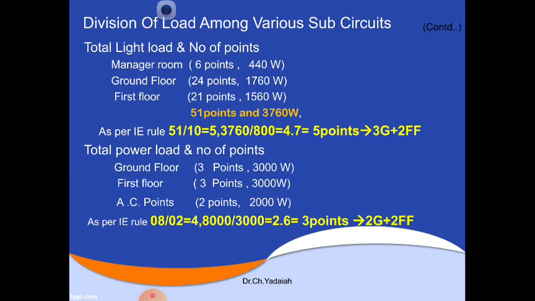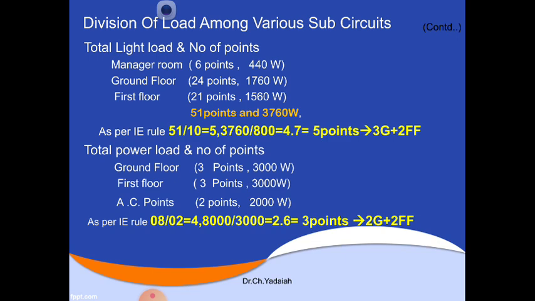These are the things you have to remember. Now, I think you have understood. Already these calculations were done in previous classes. Similarly, if the load increases, with first floor, second floor, ground floor and different loads, then whatever the load, you first sum up the total lighting load and measure the total number of points. As per IE rules, you convert it. Whichever gives the higher value, we take as the number of sub-circuits.